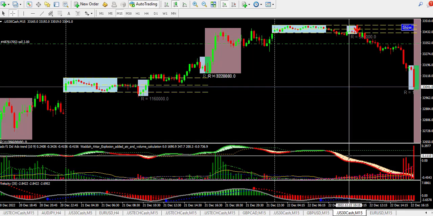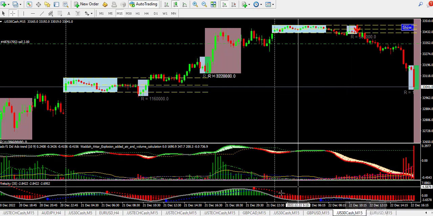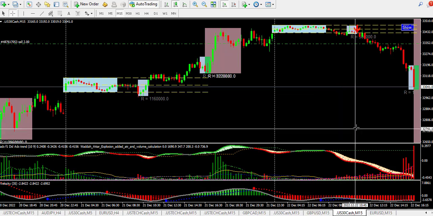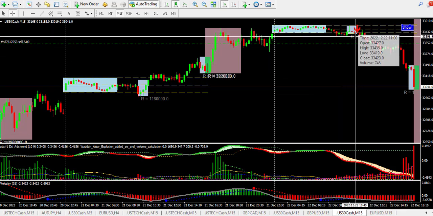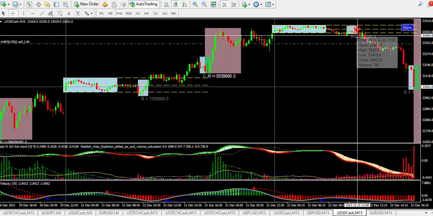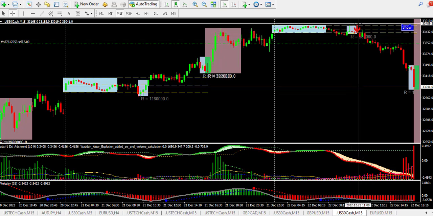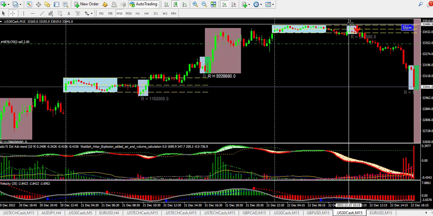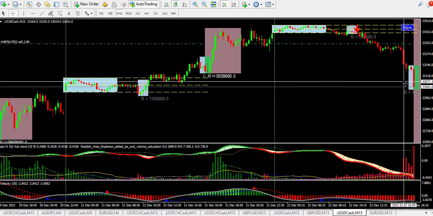And when you look at the WADA indicator, it turns red also, and the last indicator turned red earlier. But at this point we have everything in agreement. So this is a good point to place your trade, and your stop loss is going to be a few pips above the previous high, just a few pips above the previous high, and you can ride the trend to the end,